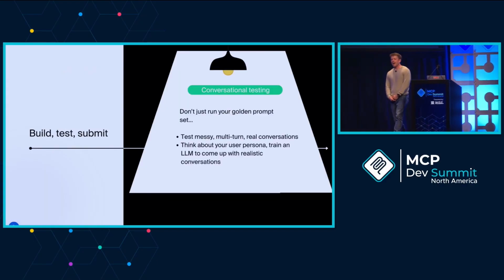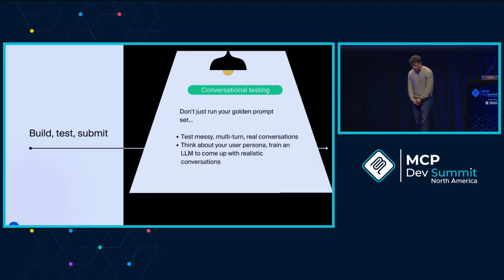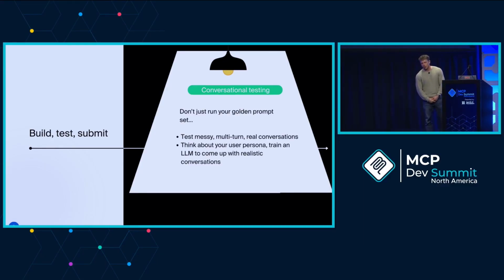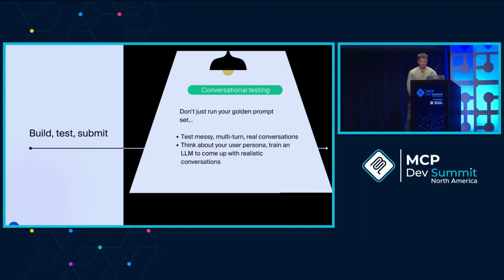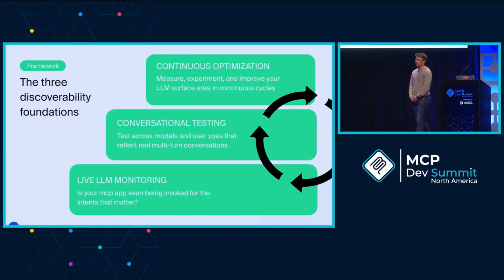So be sure to use actual conversational testing. What I recommend is really think deeply about who your target persona is. Try to create model conversations that are very messy. Have Claude extrapolate, create hundreds, so that you can really throw a lot of unclear prompts just to start to understand, okay, are my tools able to capture this? And the last piece is continuous optimization.